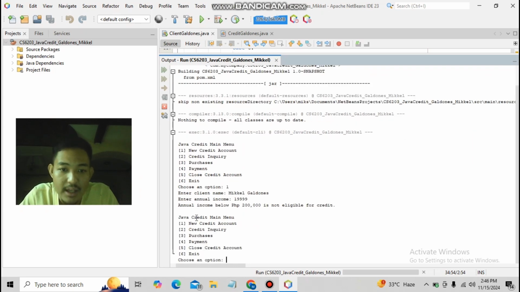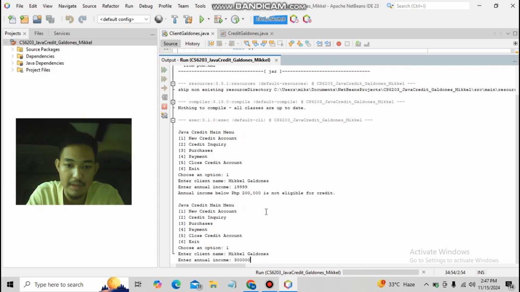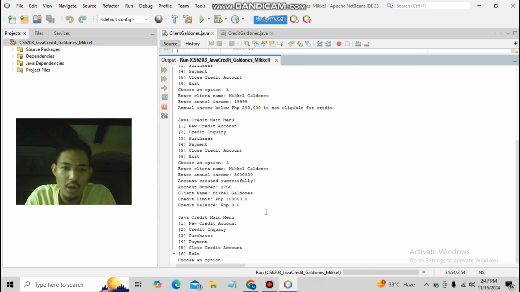And over here, annual income below 200,000 is not eligible for credit. So that is what happens if you enter a value that is below the minimum amount. So I will try to enter a value that is above the minimum amount. So 300,000, or is that 3 million? That's 3 million. Okay. So the account was created successfully, and our account number